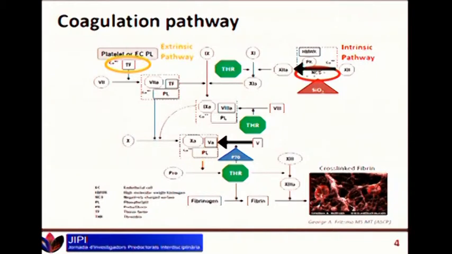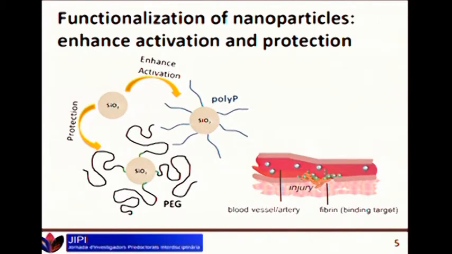We also see here P70, which is polyphosphate of 70 monomers in length, and it's interesting because it is produced in our platelets when we have a wound. We thought about synthesizing this polyphosphate and attaching it to the silica nanoparticles so we can increase the coagulation. And that's what we did. We synthesized some polyphosphate and attached it to the silica. This enhances the activation of the procoagulant surface.